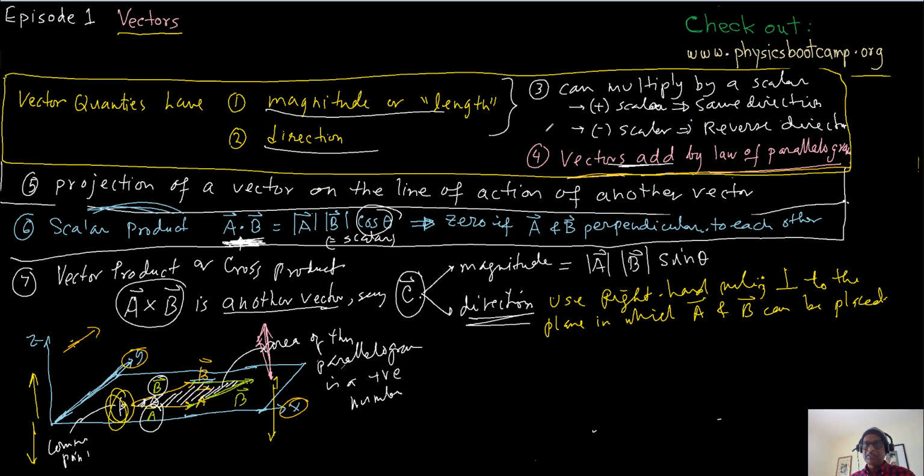And vectors have a very special way you can add. They add according to what is called the law of the parallelogram we illustrated earlier. Some of the other things that go with vectors that you must remember: one is the projection of a vector on the line of action of another vector. That's a very important concept that got used in